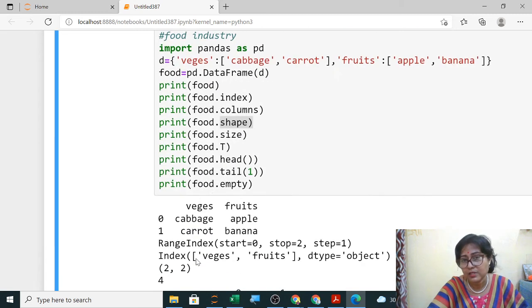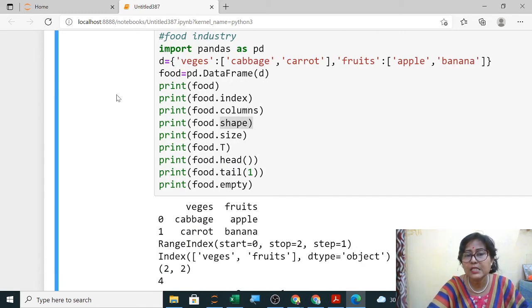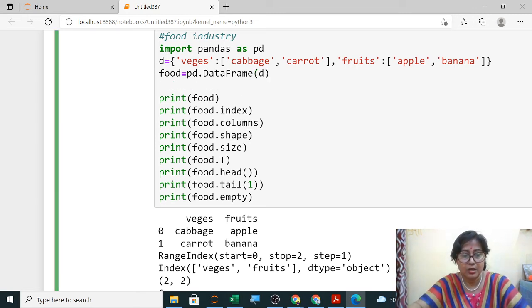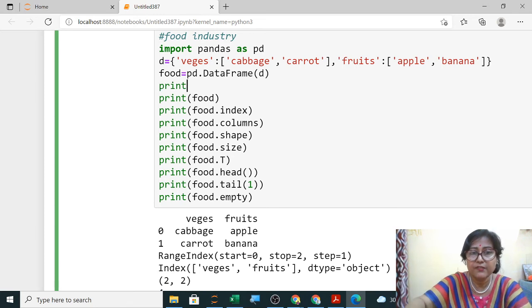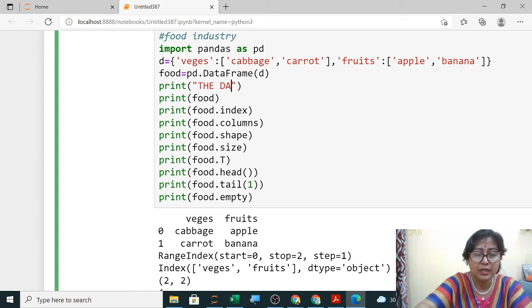It is displaying false. Now when you are showing the outputs, you can see just now I was having the confusion. So here you can print for user friendly in your project. You can print the data frame is, the complete data frame is.